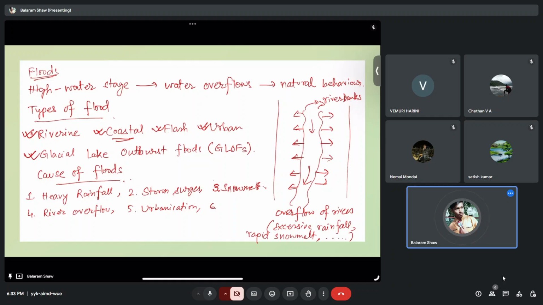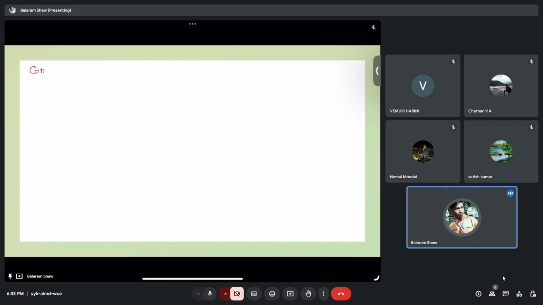Next, we have deforestation. Just now I mentioned deforestation. Then other factors also, which we have discussed in types of flood. So all these can cause floods. And why are we studying these floods this much? Because